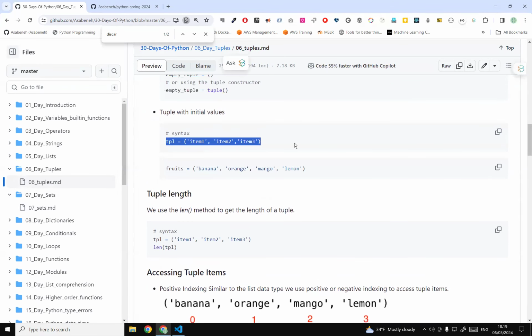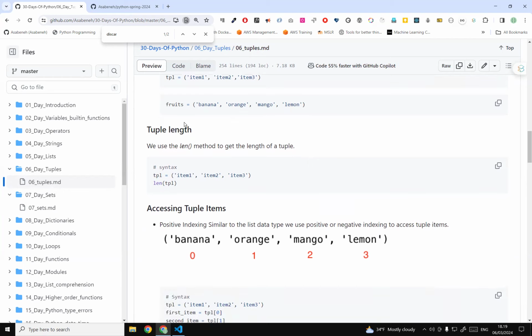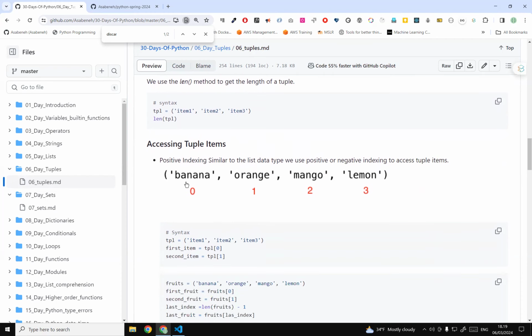And then this is an example, item 1, item 2, item 3. Again, everybody loves fruits, and we have all the fruits we love. The banana, orange, mango, and lemon. These are tuples. Why are they tuples? Because they are in parentheses. For tuple length, we use the len built-in function as we used for all the different data structures. Accessing tuples is the same as list. We can use positive indexing or negative indexing from the other side. Banana,